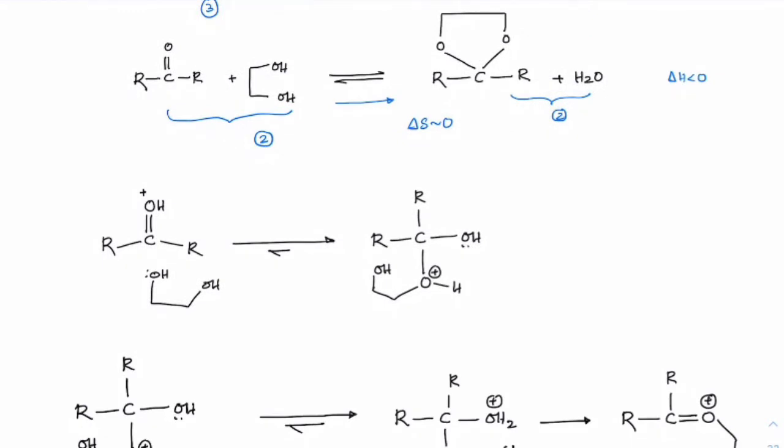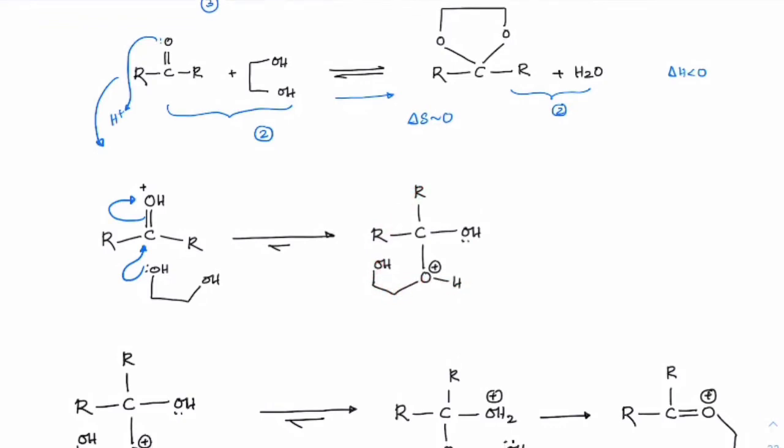See how the mechanism drives here. First the lone pair from glycol will attack on carbon. This group will leave, right? Of course, after protonation, you can see the lone pair here is attacking, and we get this, and once you get that, here it got connected and now we have here OH, R and R, right? OH, and this group has been present.